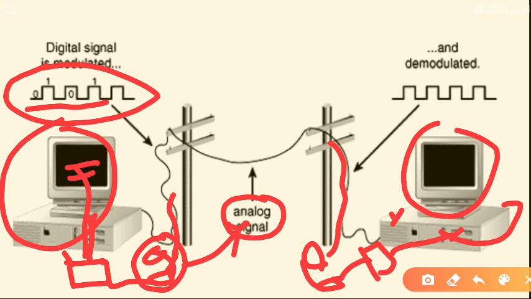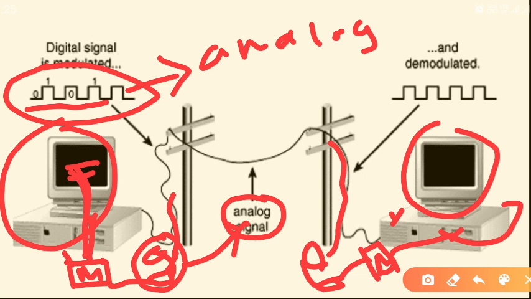So what happens is that the modem comes into play. At both ends, one modem is connected, one at your computer and another at your friend's. When you send a digital signal, first it goes to the modem. The modem converts this digital signal into analog signals. Now the telephone line can understand this analog signal and will transmit it to the telephone through these wires, and now this analog signal will come over here to this modem.